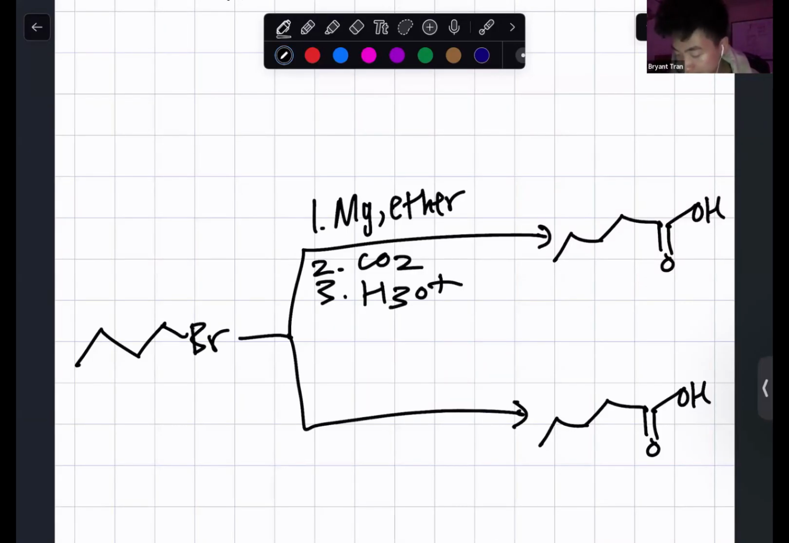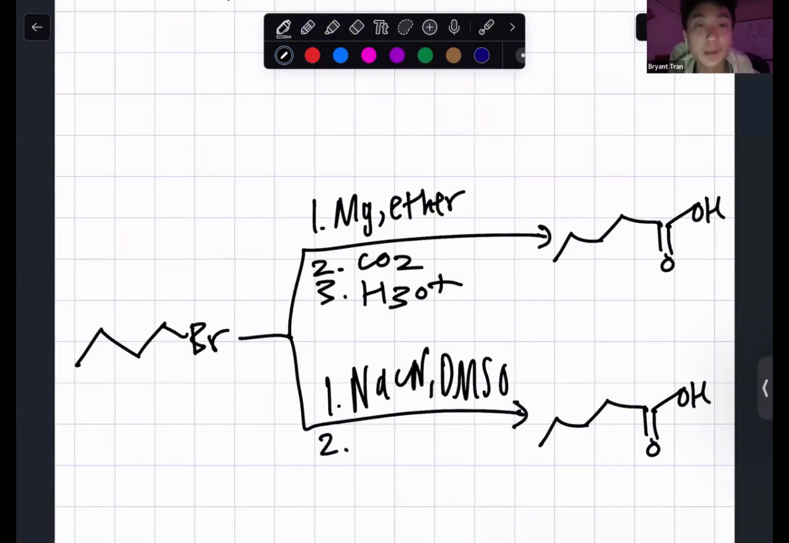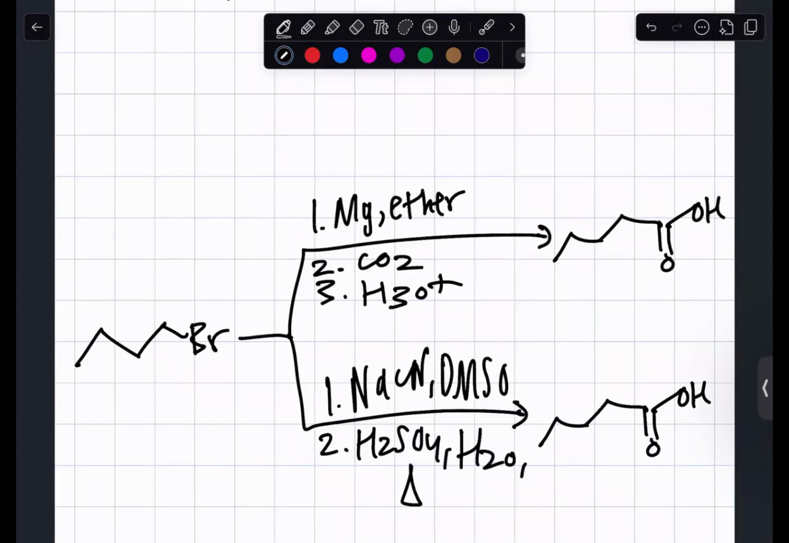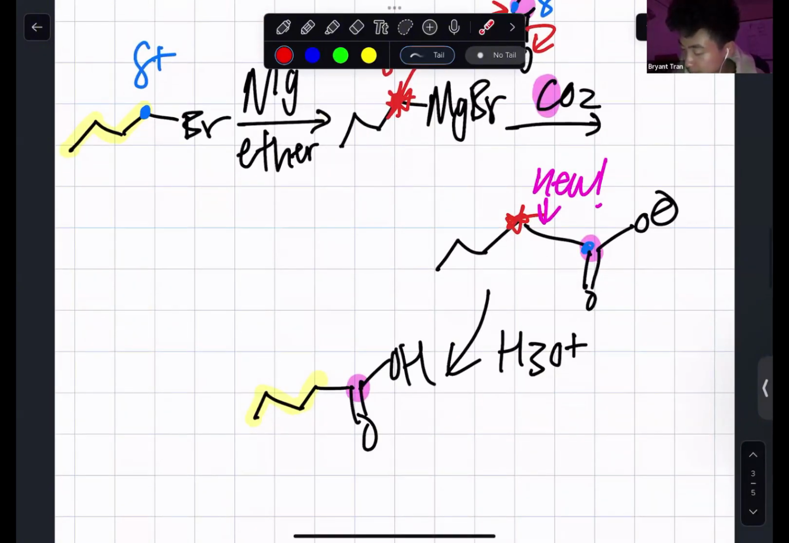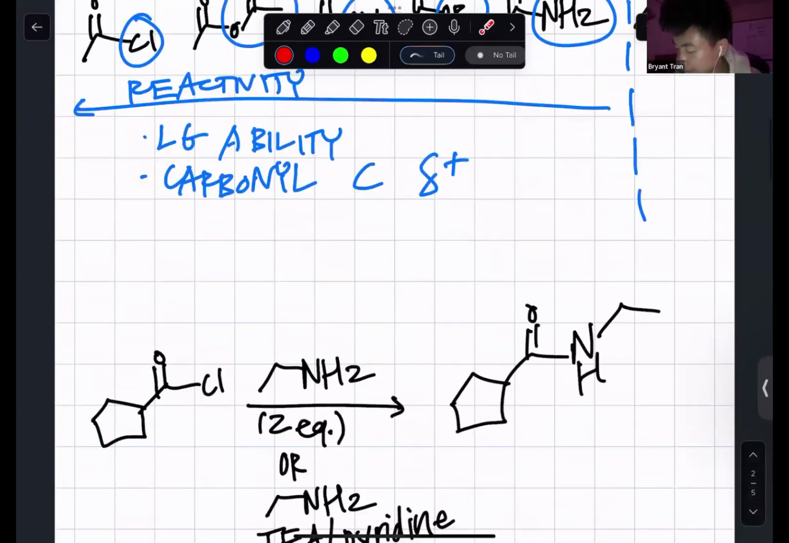For the second route or second method, first step is do NaCN with some aprotic solvent for SN2, and then once you get the nitrile, you do hydrolysis reaction to convert that nitrile into the carboxylic acid using acid, water, and heat, like that. Okay, so you could use either method, either reaction to get from here to here,